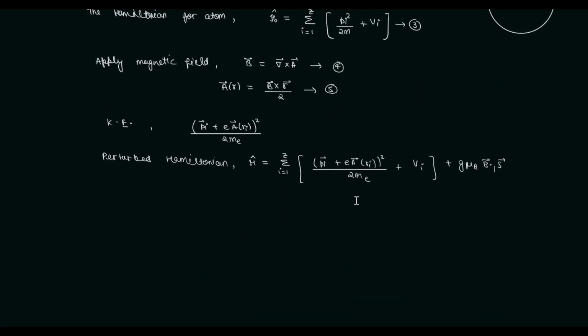Now we can use equation 5 and equation 2 in this Hamiltonian to simplify this square term. Therefore our perturbed Hamiltonian will become,